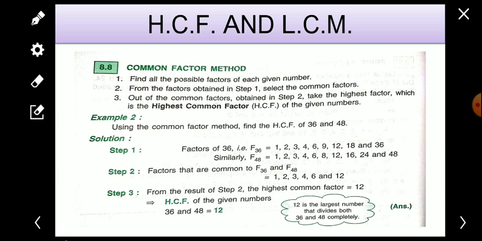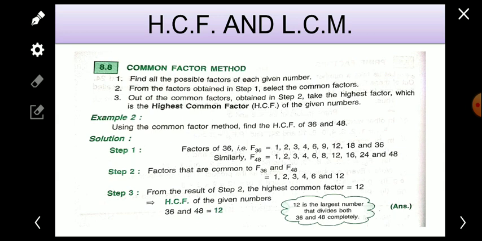Common means the factor which is present in both. What is the meaning of common? Which is present in two or more than two, that is known as common. In daily life also we use the word common, like what is common in you and your friend. Many things may be common in you and your friend, like you are studious and your friend is also studious. Then this is a common thing. So whatever is similar in two or more than two is known as common. I hope that you have understood the meaning of common.